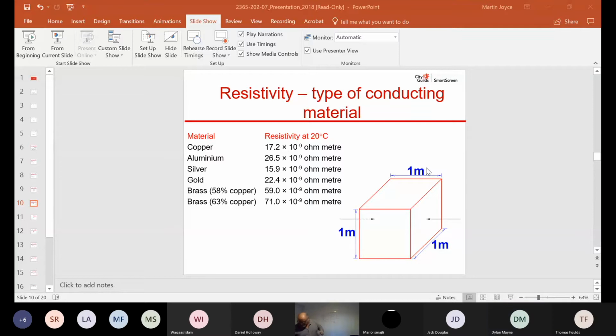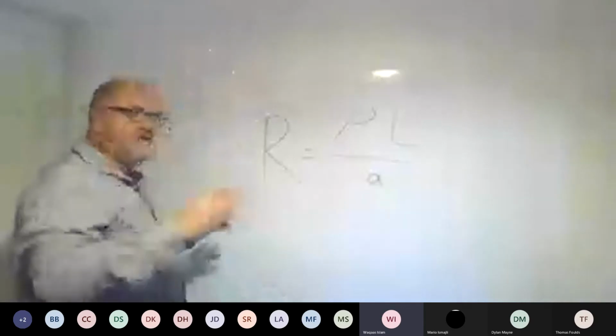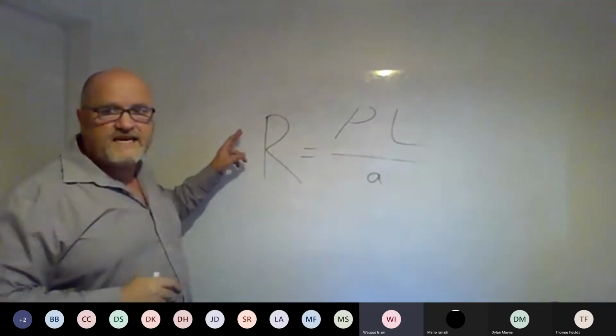The one thing before I go off with this, guys, is if you see this formula there... Martin, put yourself on the big screen. You've got to click on his name. Can you see me on the full screen now? No, I can see resistivity. Okay, let me. Yeah, that's better. Got me now? Okay. It was just sharing between one side and the other. Can you see that now?